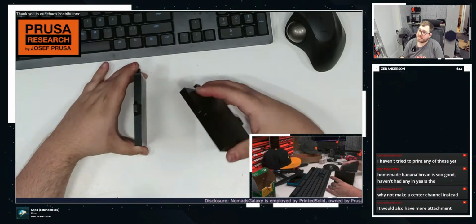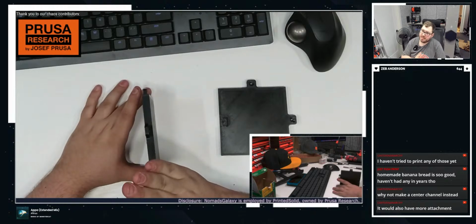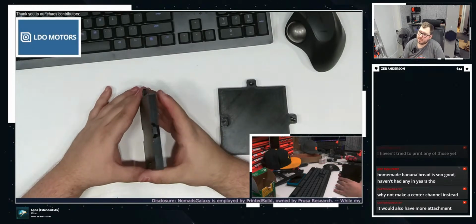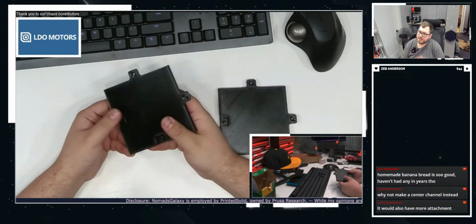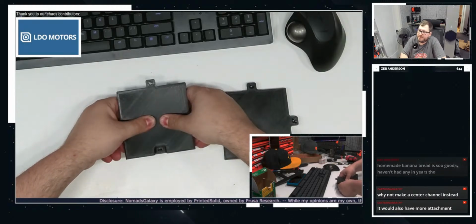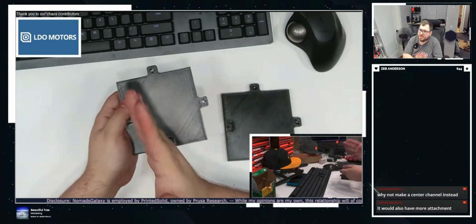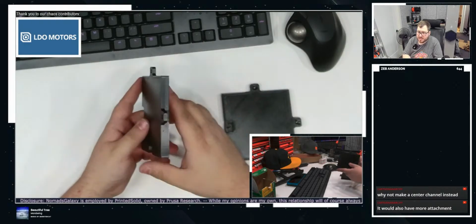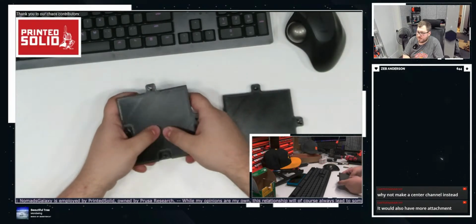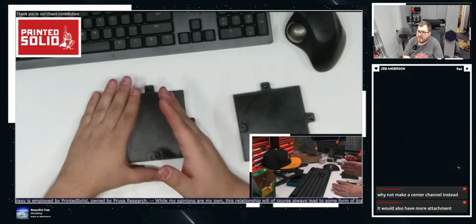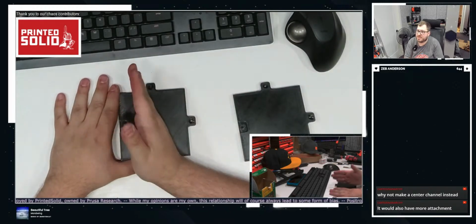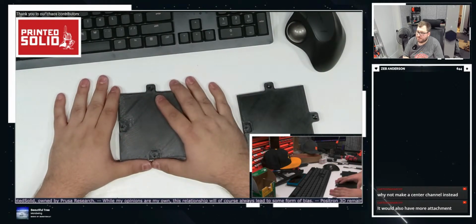Unless I print it like this, which is actually worse, because then your layer lines are impeding force like this. Force is going down in this direction, so if you print it like this, you're printing with the weakest point. That is the weakest point if your layer lines are like that, or like that.